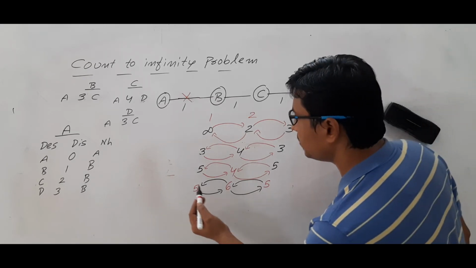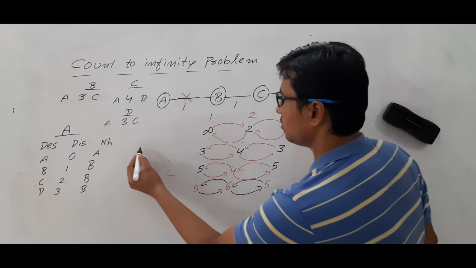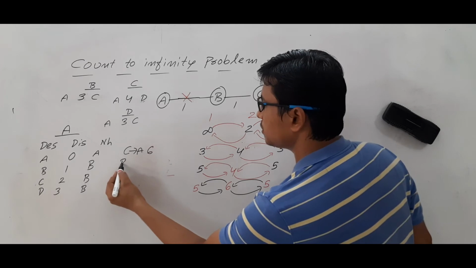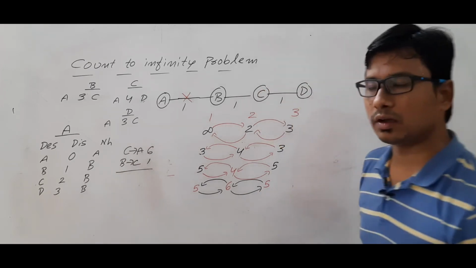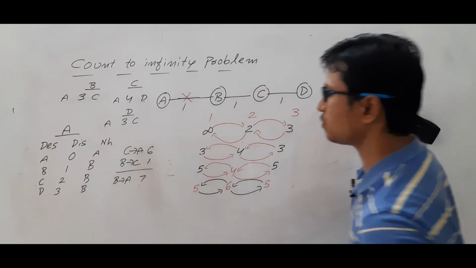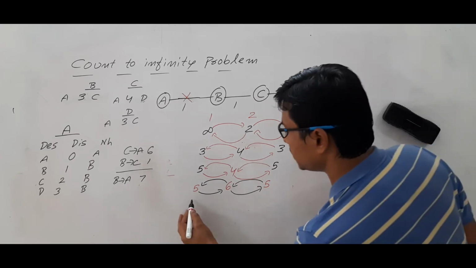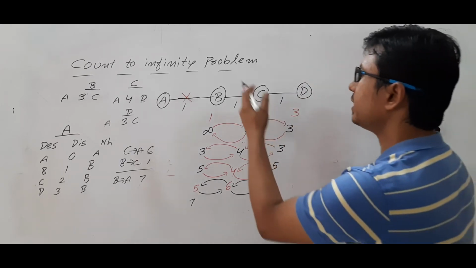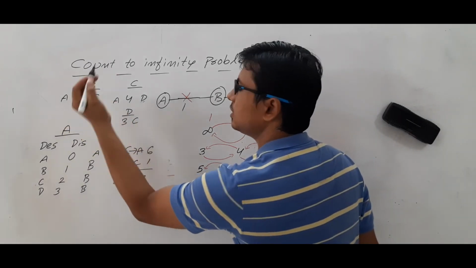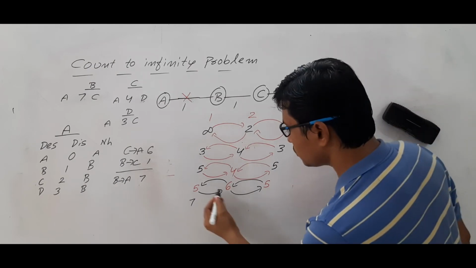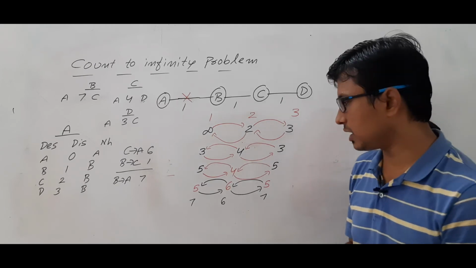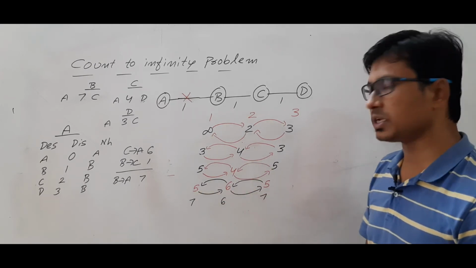Now see it. B is getting the information via C that C to A distance is 6, and B knows that B to C distance is 1. Am I right or wrong? So B to A distance is 7. That is what B will get. So B to A distance is 7 via C. That is what B will consider and it will update. See, every time I am not updating, here you can update it. Okay, this value will be 6 and this value will be 7. I hope you have understood how I got it, because 5 plus 1 is 6, and 6 plus 1 is 7.